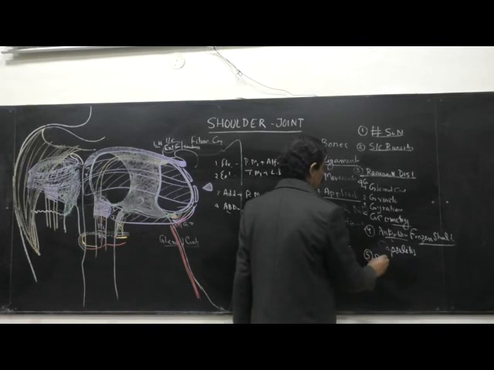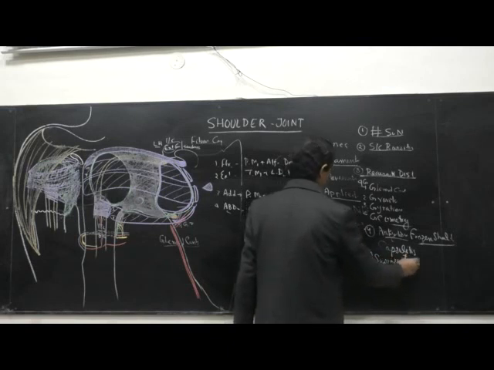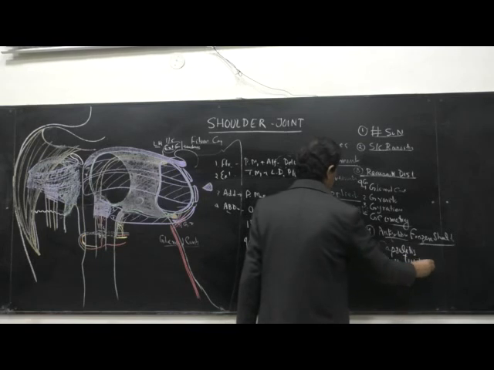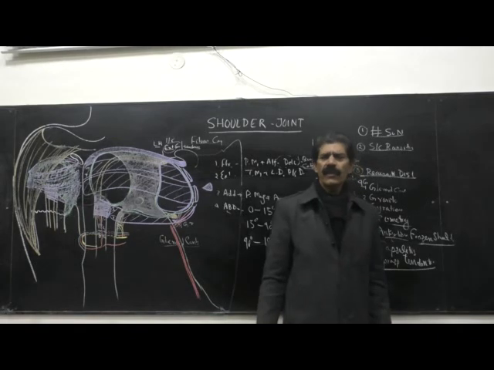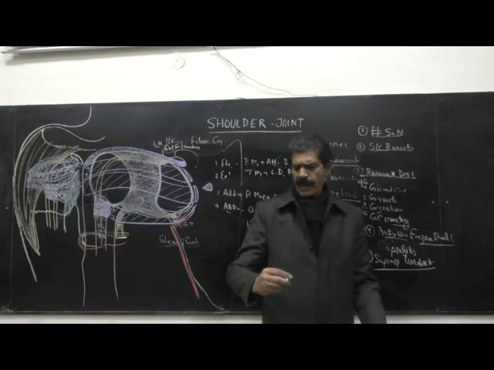Then comes supraspinatus tendinitis. As you know, the supraspinatus muscle brings about the first 0 to 15 degrees of abduction, the most functional position of the hand during the right